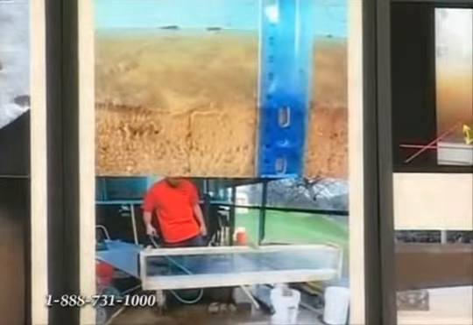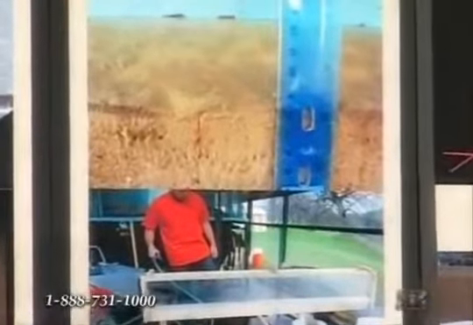What this flume does, we load it with water and sediment, we spin it up, and we let the water and sediments settle out and watch what happens. This dead worm wound up polystrate.